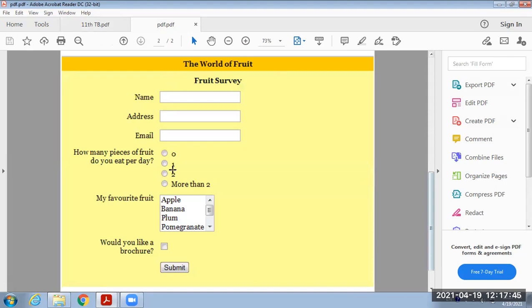And here one text box, another text box, then different radio buttons, then here a combo box, or we can also display a drop down list. Then here checkbox and submit button are provided. These are known as the controls on the form. Now we have to design such types of forms. And for that, let's move forward.